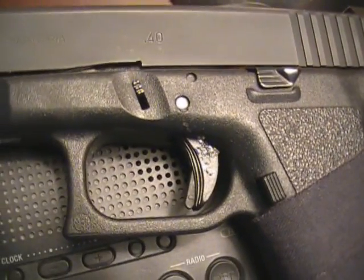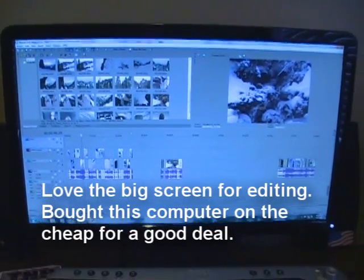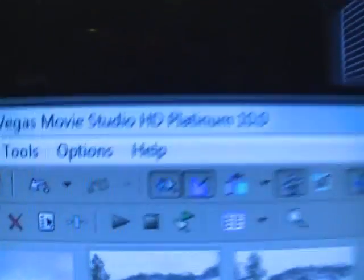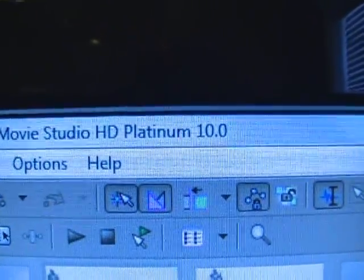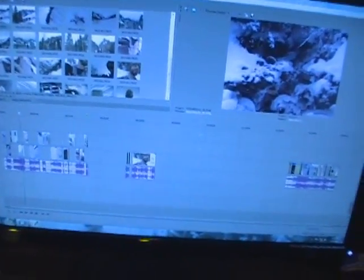up and fixed. Here is the editing floor. I finally got the video to the computer, and I've got it open up in, this is what I use in case anybody wonders, Vegas Movie Studio HD Platinum 10.0. Now I'm not using HD, but I picked this up in case I go to that in the future. I don't have any immediate plans to do that, but anyway,